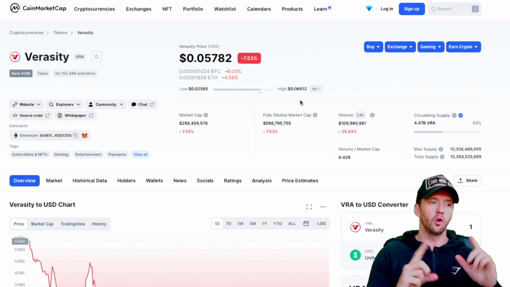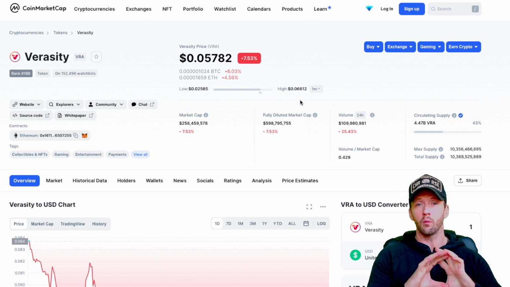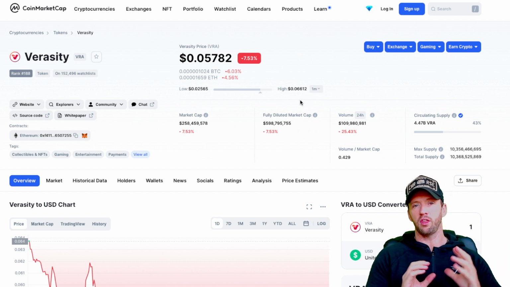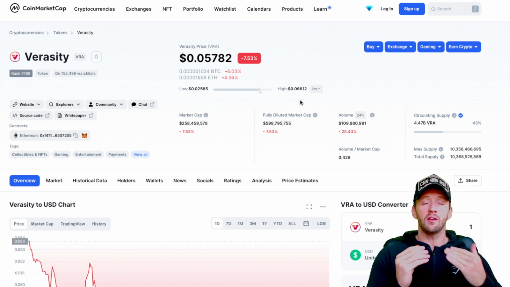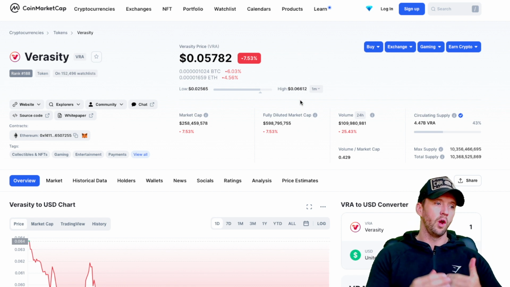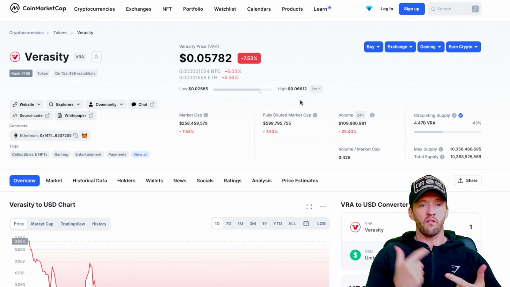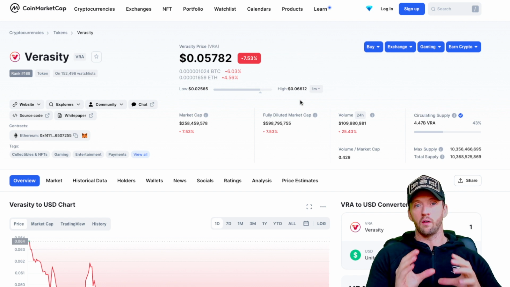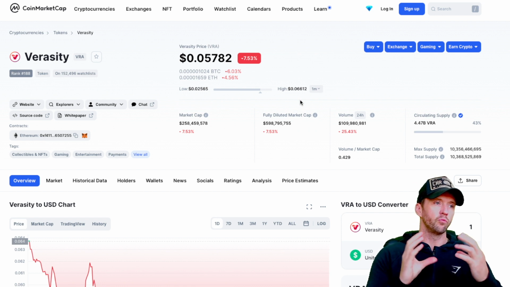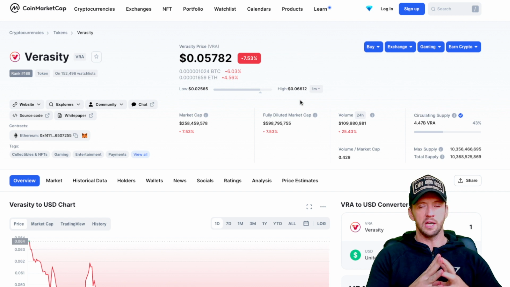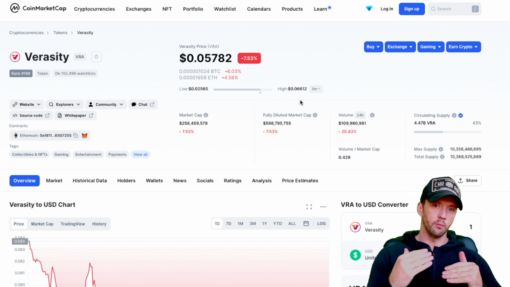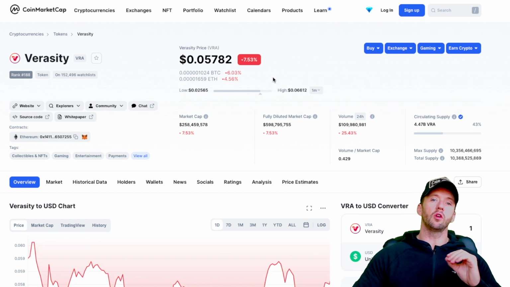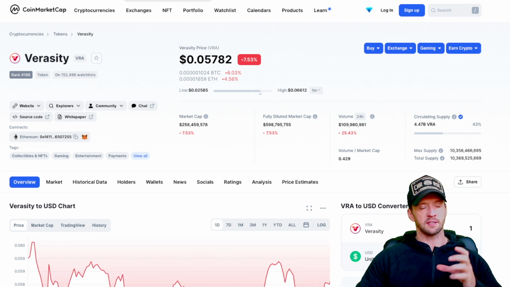So we're going to now look at the price, jump into their website. I'll go through it a little bit with you. Socials we'll touch on a little bit. But the main important thing on this token, for me, is the longevity of the investment. Now, you can leave a comment below if you are a fan of VRA or you're not. But for me, and I'm going to show you my wallet on VRA, which I don't normally do on my videos, to show you how this token has really stood miles apart for me, up there with the likes of Enjin and Matic. So let's jump straight into the website so I can tell you briefly about what Verasity does.